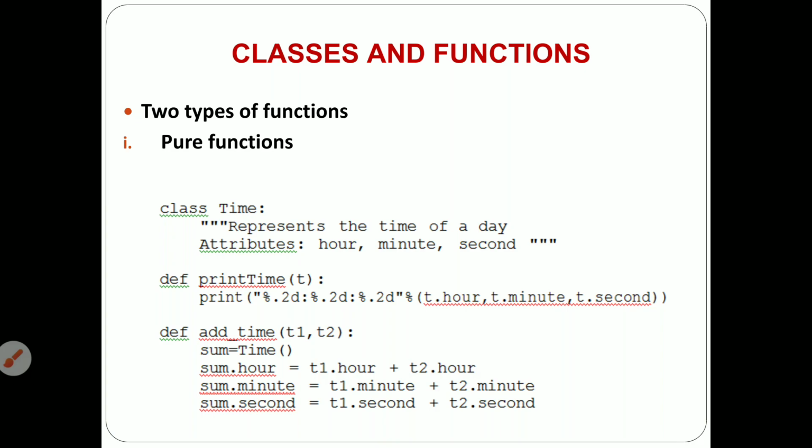So what does it mean by pure function? A pure function is one where, suppose you're passing an argument, the program works with the help of that argument, but without modifying your original arguments. If you modify your argument, the pure function will not work. Here the main thing is that whatever object or arguments you're passing, only that argument will be worked on. We cannot modify anything here. That is called a pure function.